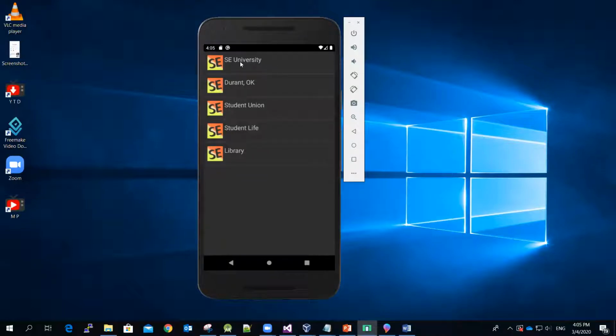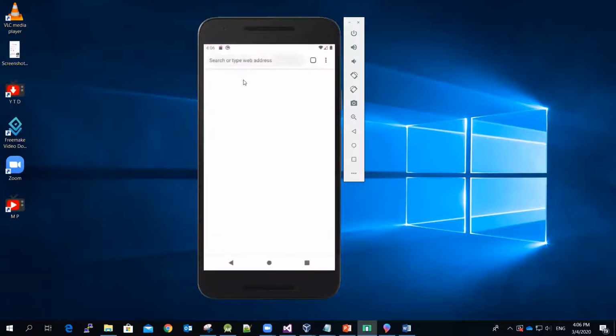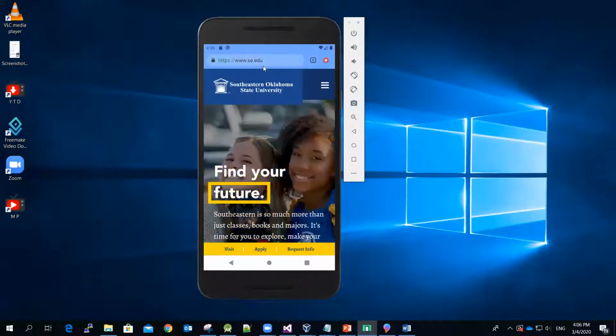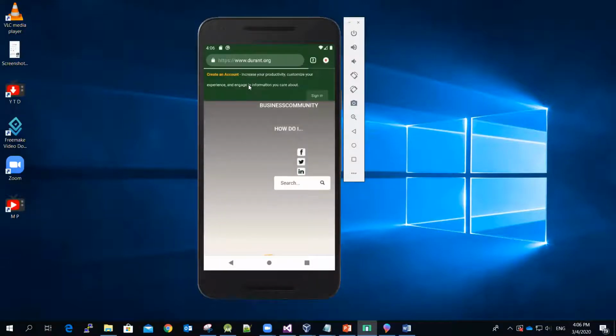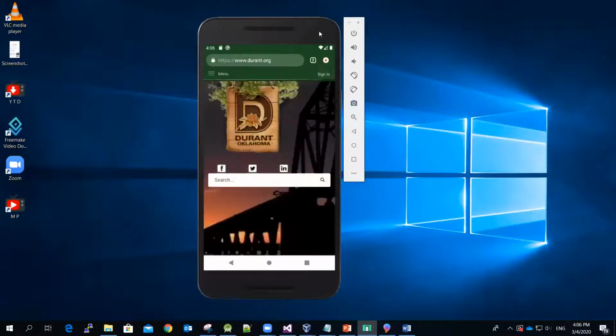And then when one of the items is clicked, for example, then you can display a web browser and then visit certain websites. So this is the school I work for. Southeastern Oklahoma State University is a very good university. And this is our city, Durant, Oklahoma. Again, once you click on it, the browser will show up, and then it will show you the homepage of